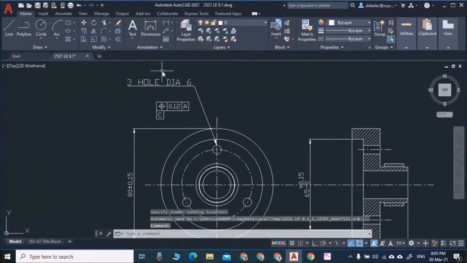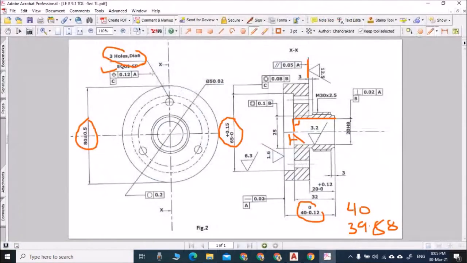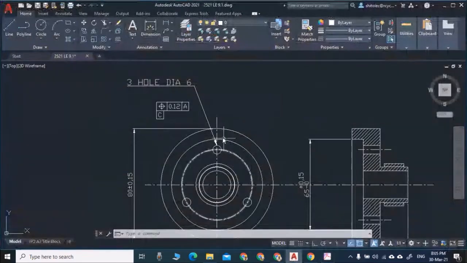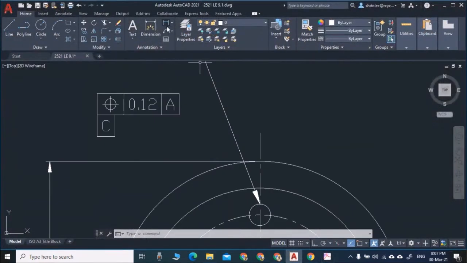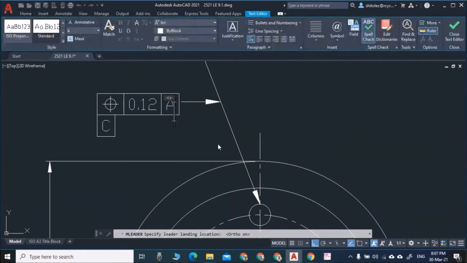Okay, just click outside. 3 holes, dia 6. And this is connected to this line also by the leader. You can see the leader line here. Yes, this line. So I will draw the leader here, and from here I will click it and make ortho, and I will click it here.